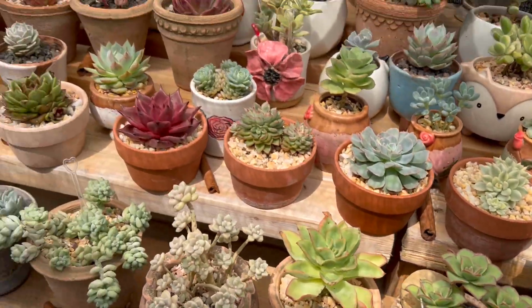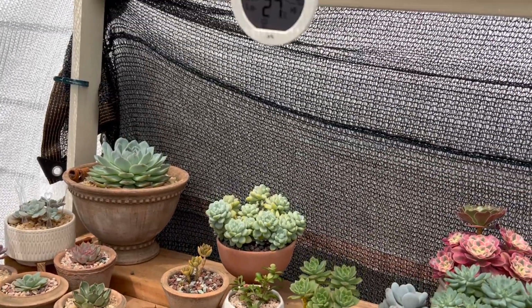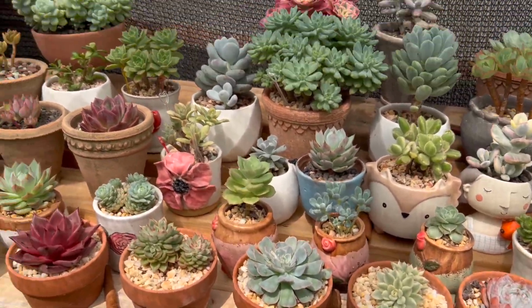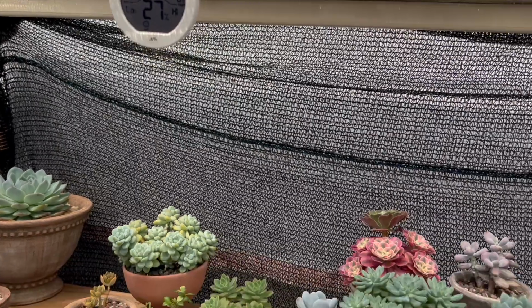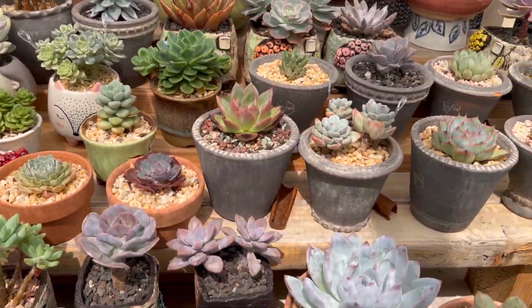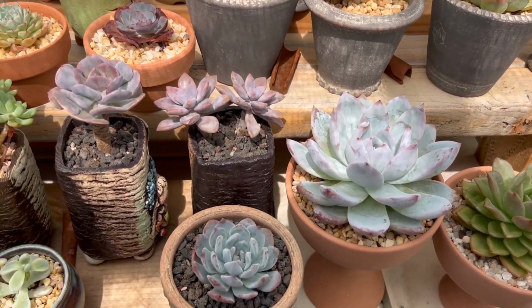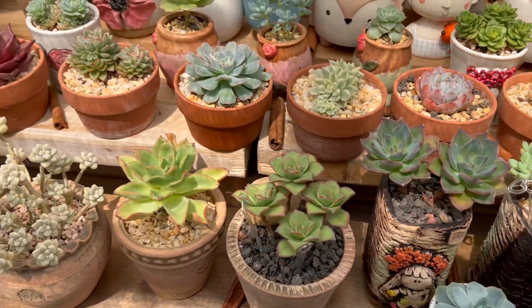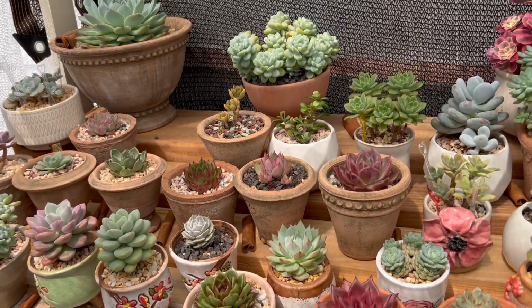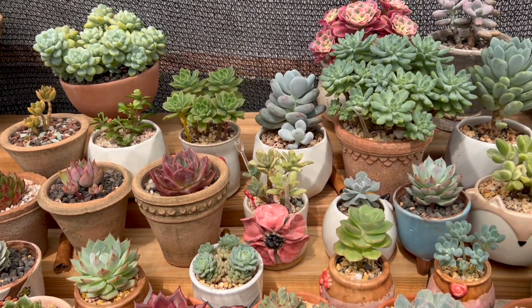It is very hot and my thermometer is reading 95 degrees, but still it is very dry, 27% humidity, so they are happy. And of course I do have an outdoor fan running. I turned it off for the time being because I'm trying to do a recording, and they are looking really good right now. About 2 weeks ago we had a lot of